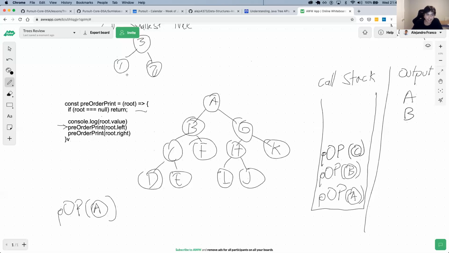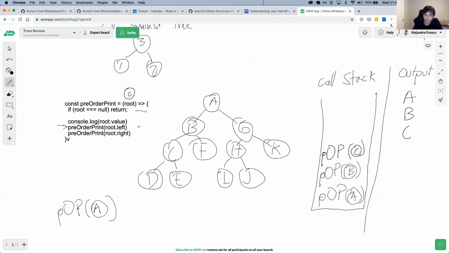And then pre-order print with C executes, and our root now here is C. That's not null. We console log the value of that root that was passed, which is C. We're going to see in a few minutes how it goes back.